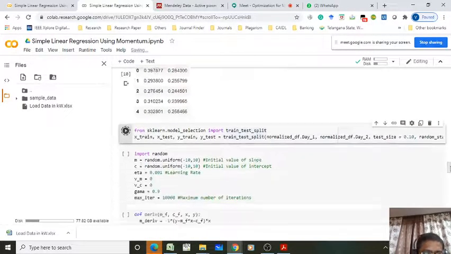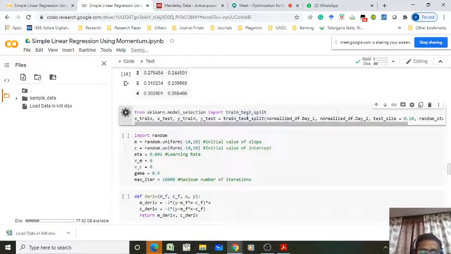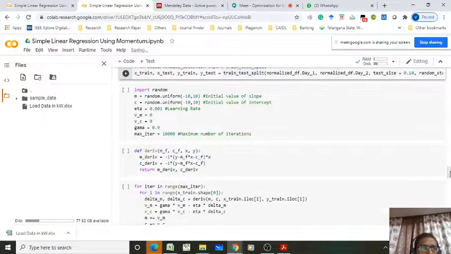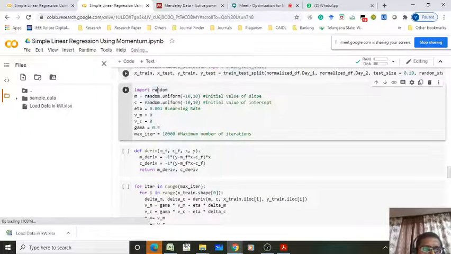So day 1, day 2, and I am splitting the data. Day 1 is the previous day, that is the input. Day 2 is the next day, that is the output. And you import random, initialize m, c, eta value, gamma value, and the number of iterations you have to initialize.